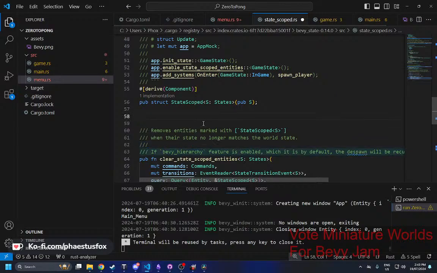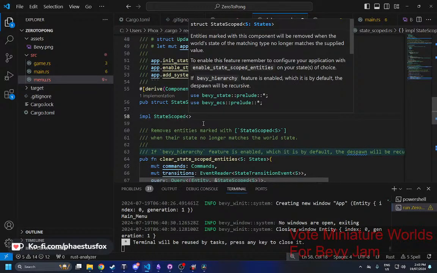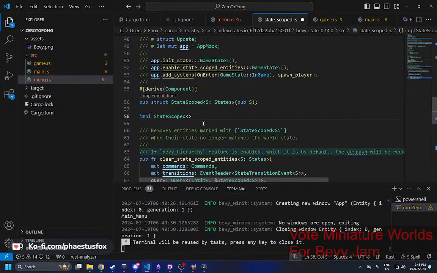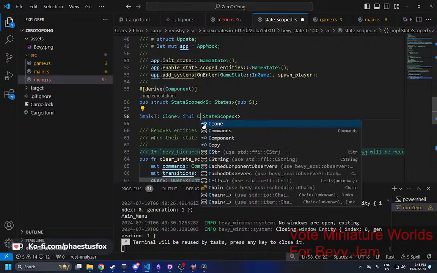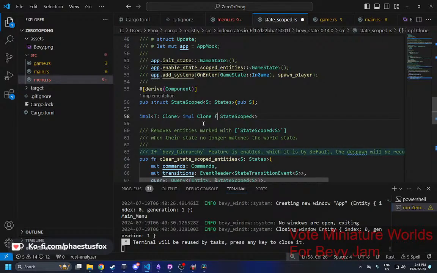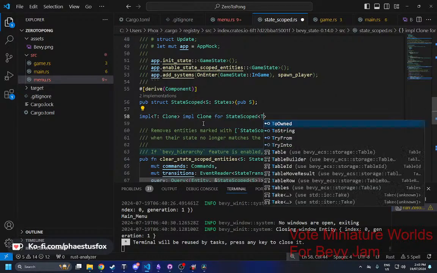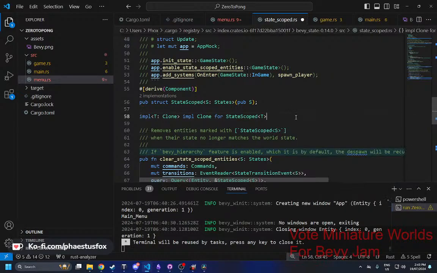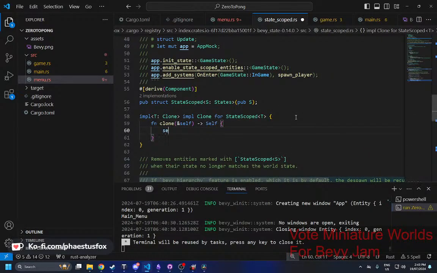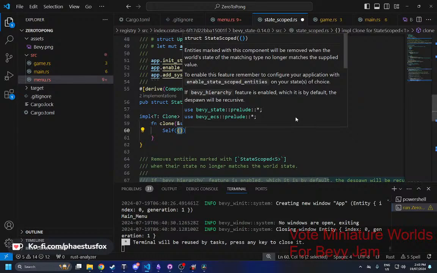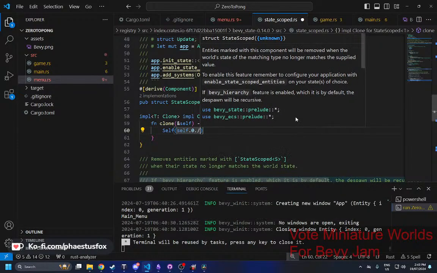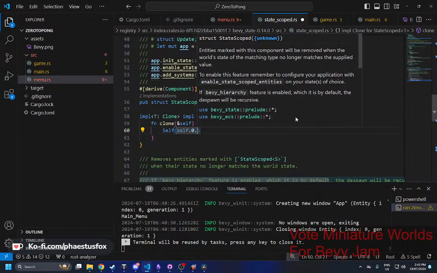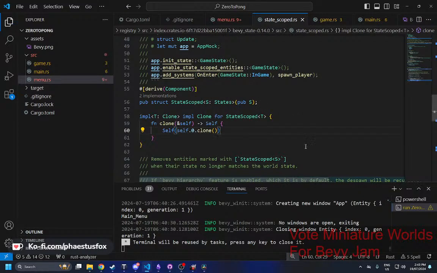I don't know if this will work. We can do a simple state scope. It is clone. Simple clone. For T clone, self and self dot 0 dot clone. I mean, theoretically that should work, but